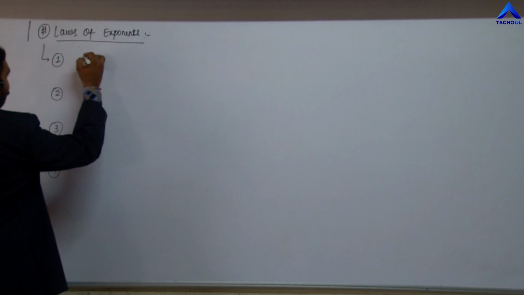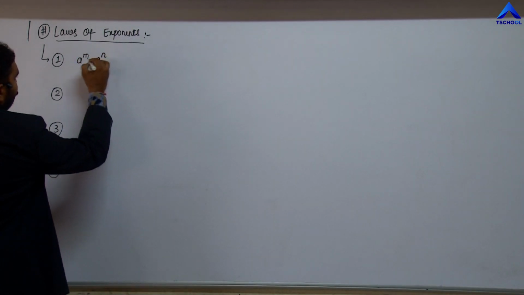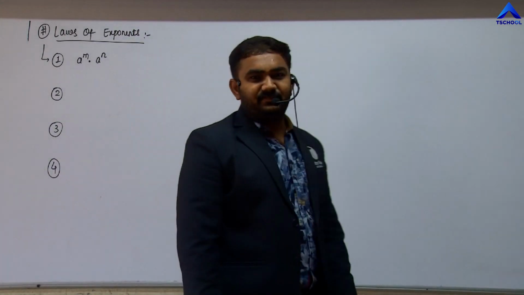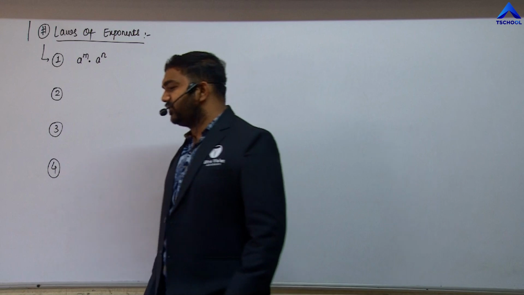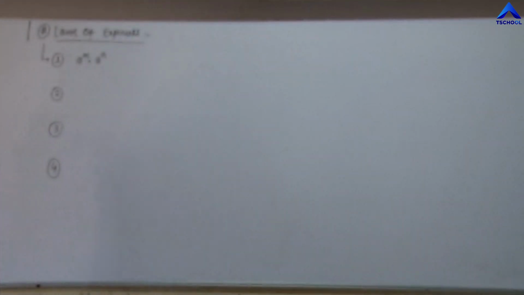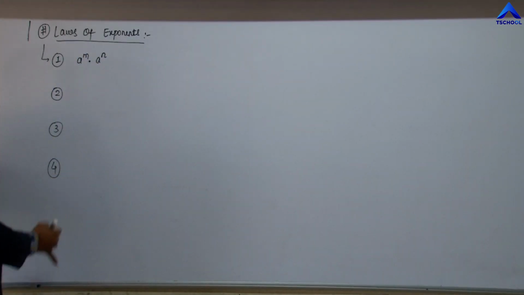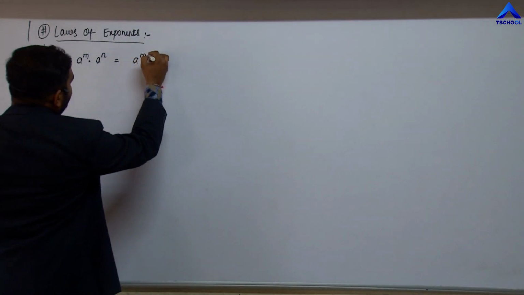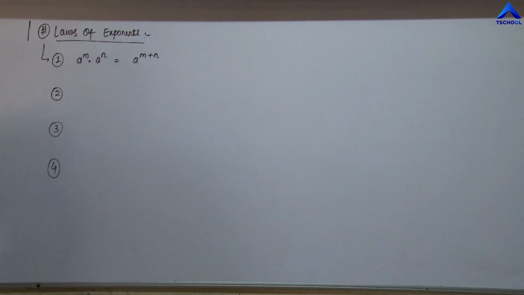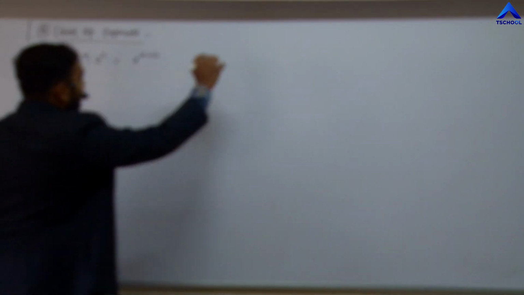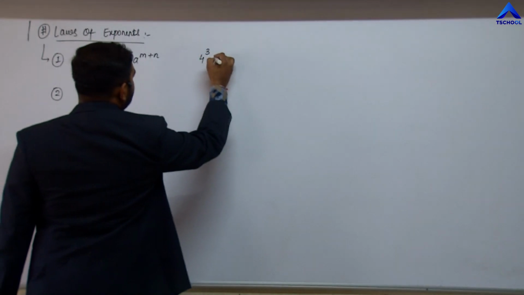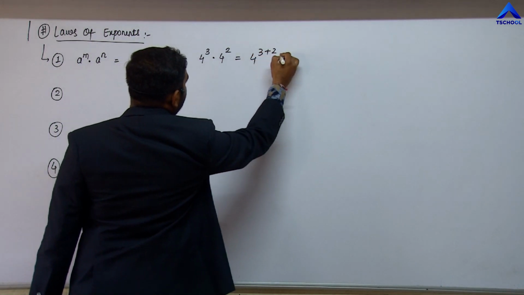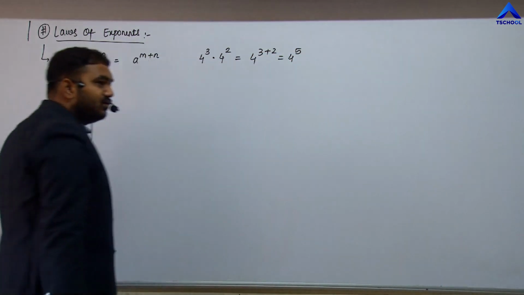So the first kind, if I am having the numbers in multiplication where the base of the numbers are same and the powers of the number, that means the exponents of the numbers, are different, at that time, if it is in the form of a raised to m into a raised to n, then the base will get common and the powers will be added, right? Let me say, for example, if I am having 4 raised to 3 multiplied by 4 raised to 2, then that will be 4 raised to 3 plus 2, which is 4 raised to 5. Right?